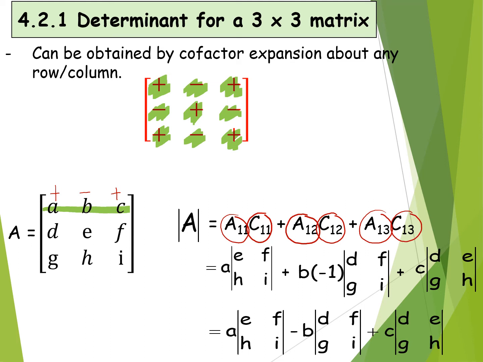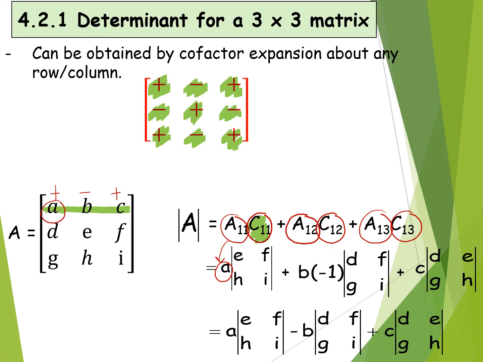A11 here means the element in the first row and the first column, that is A. And then C11 here,